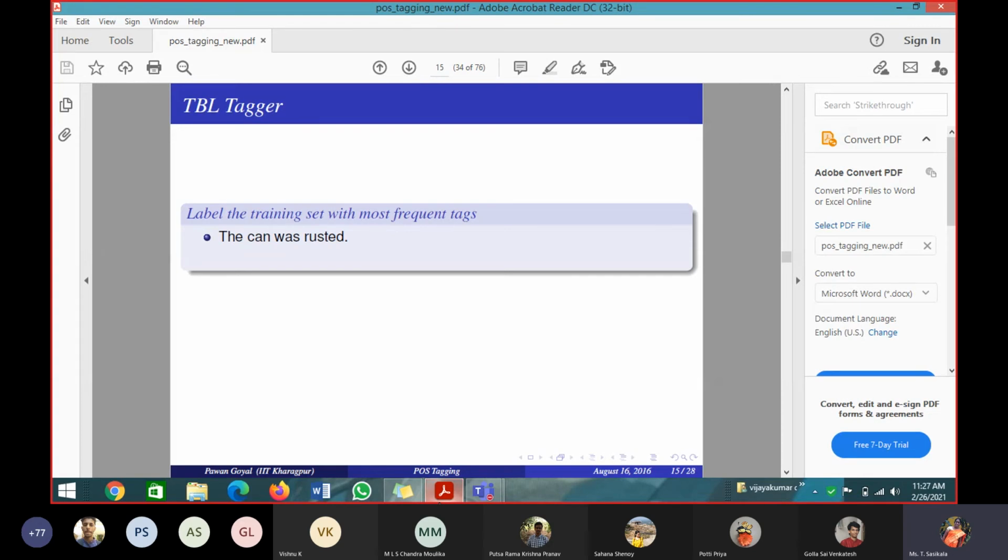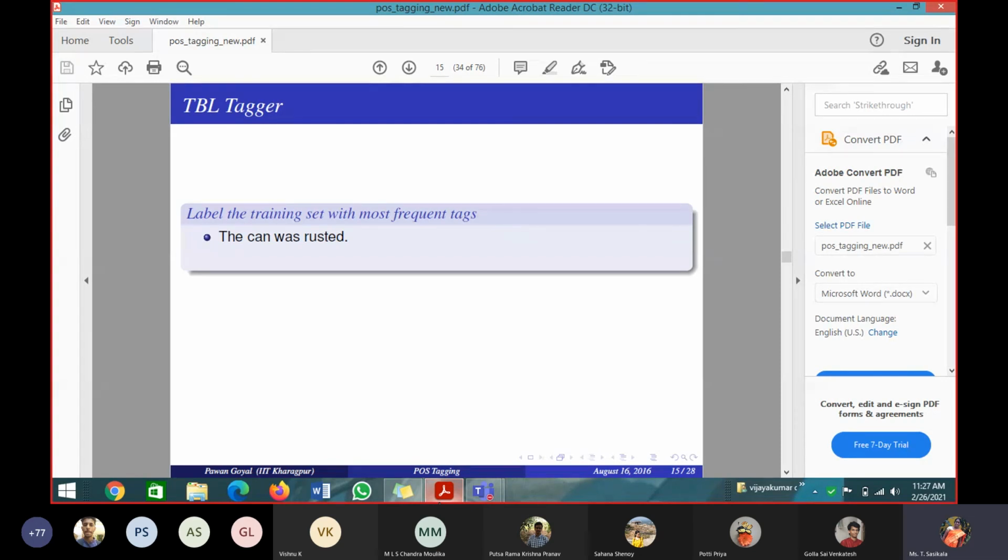Similarly, here also you will be training a model, and if the test data matches with the training model, it will take it and predict the output. But if it is not matching, if that word is not there in the training data, what will it give for that word? See, I have a word called saw in my test data, but that saw is not there in the training data. What will it do? Using this tagging, what will it do? The word is not appearing.